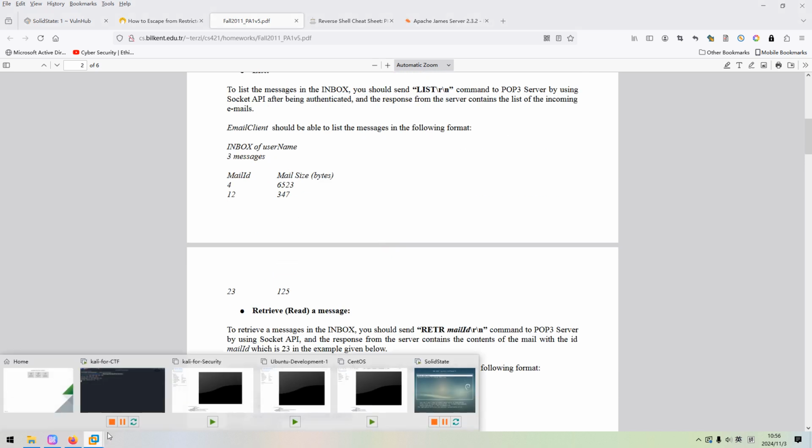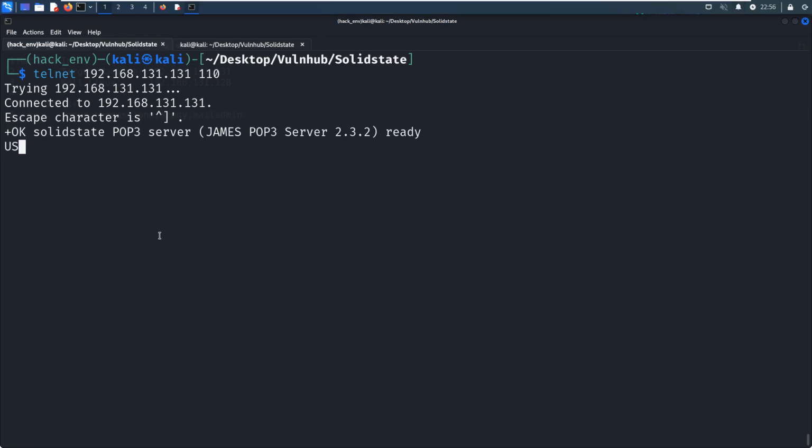Okay. So the user, first one James, and the pass is 12345, and we can use the list command to retrieve all mails, but nothing here.